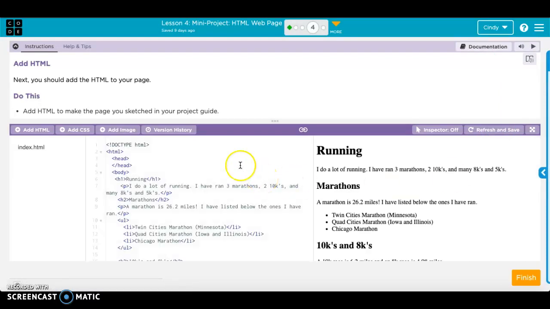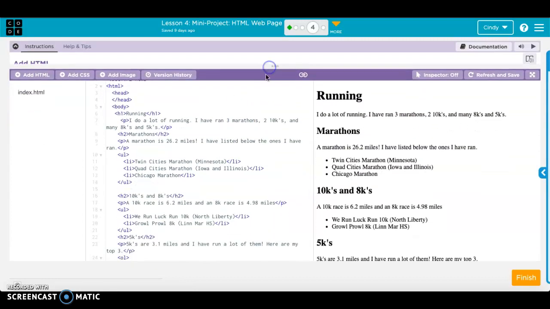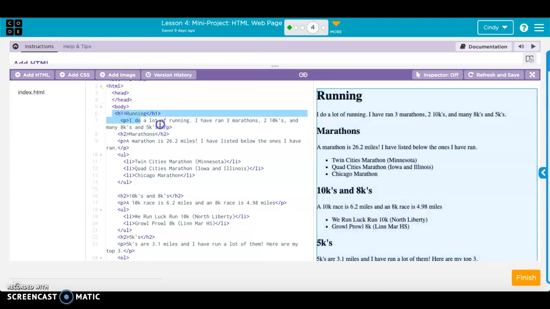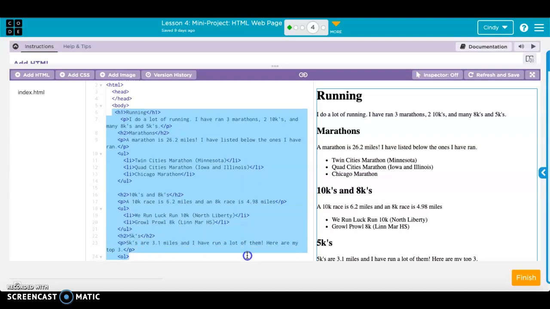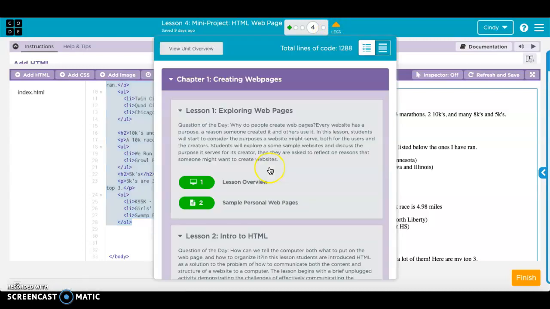All right, and what I'm going to recommend doing, I'm going to start with my heading, none of this other stuff. I'm going to start with my very first heading, and I'm just going to drag it all the way down to my last tag, which is right there, and I'm just going to copy this,